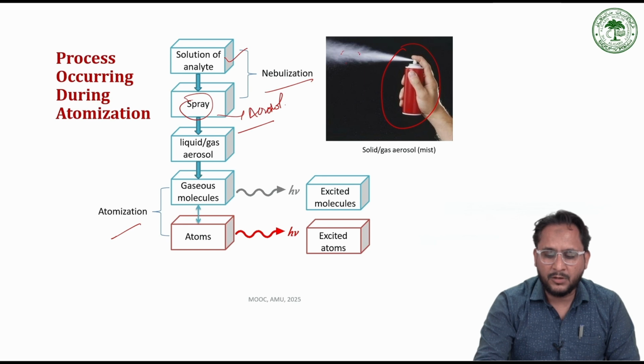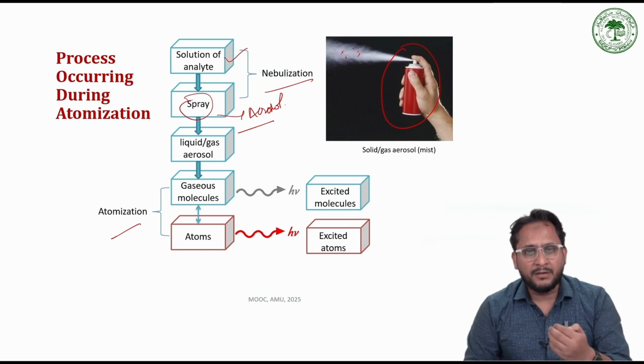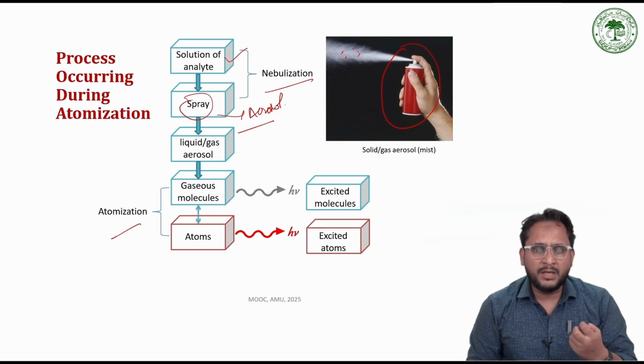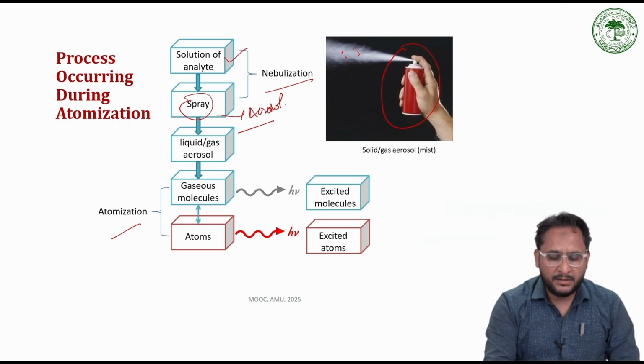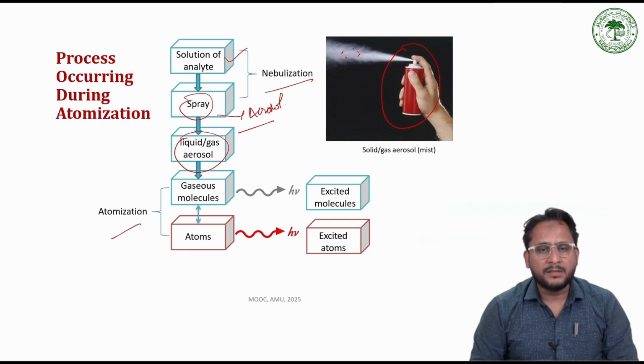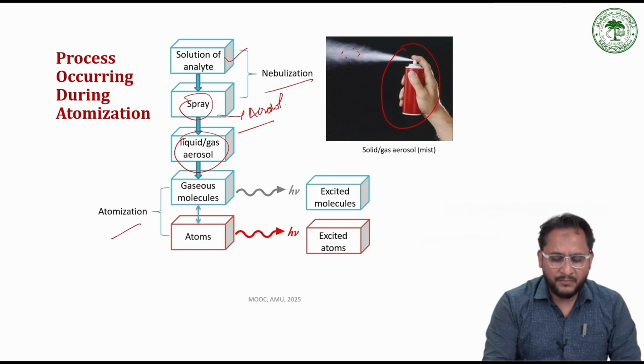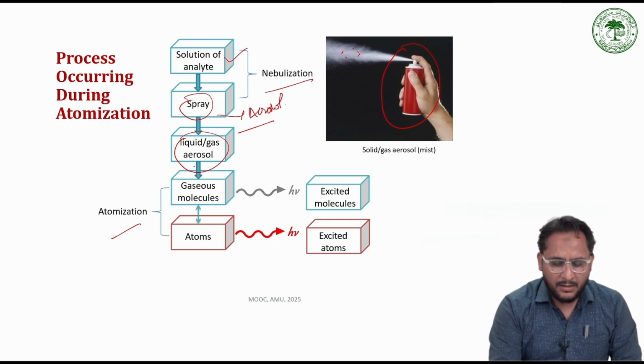So this is an aerosol. In the same way, our sample from the solution form is taken up by the nebulizer. It is mixed with the fuel and oxidant, as I said before, and it is converted into a liquid-gas aerosol, which means liquid droplets are dispersed in a gas, and this evenly distributed aerosol then enters